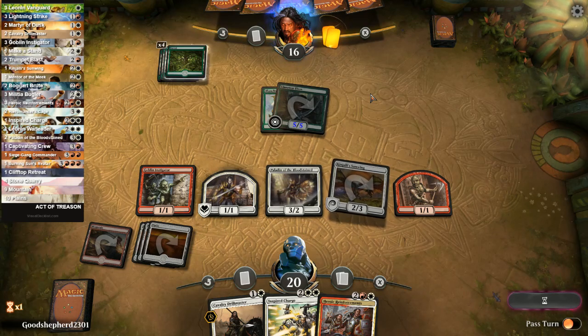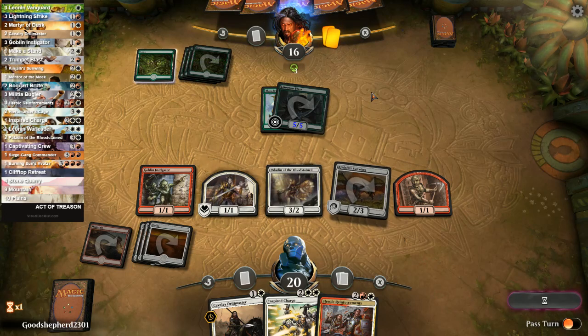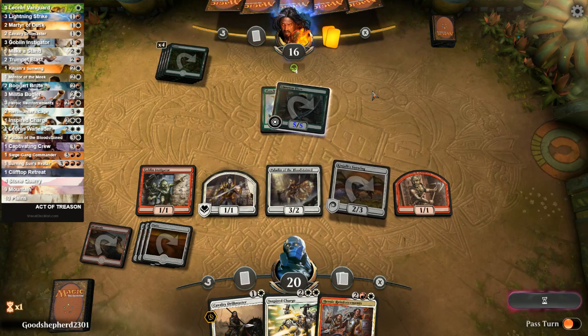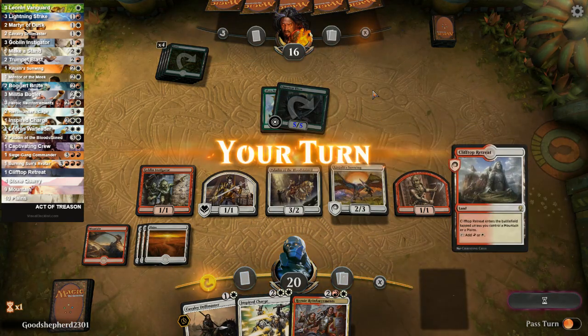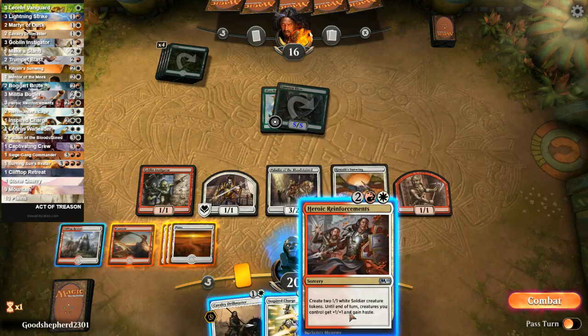In fact, I have no idea what he's got here. Okay, he's tapping out for, this has to be some sort of creature. I think he's trying to tell us that he's got nothing. So...